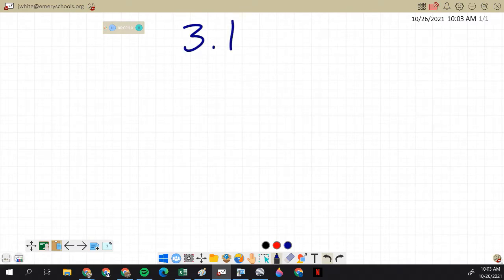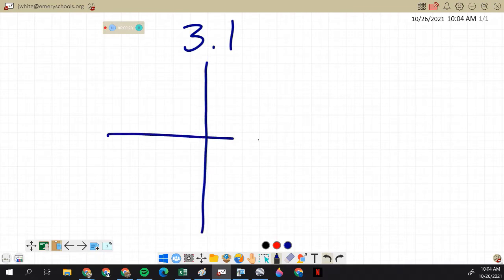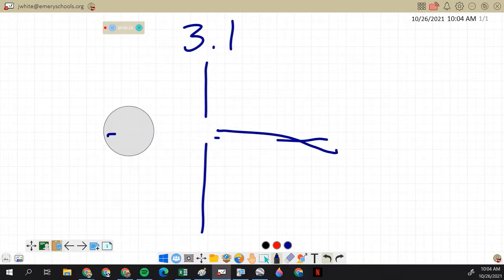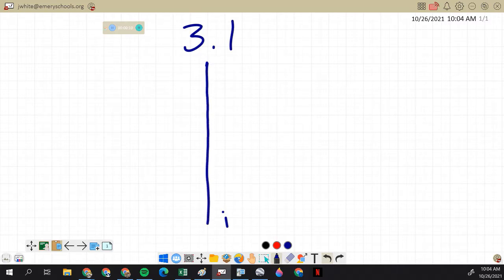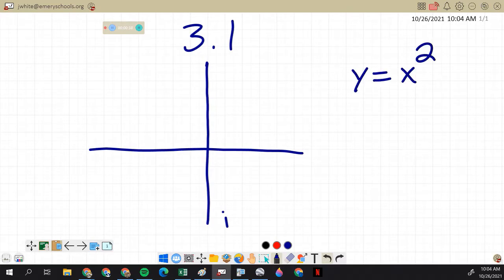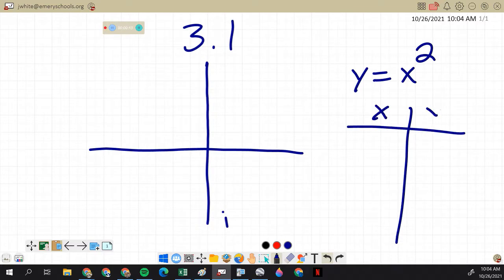So 3.1 only has 2 questions in it, and it deals with graphing a parabola that has different heights. If I drew a better graph than that, I was going to graph y equals x squared. Well, if I made a table for that, x and y, and I did -2, -1, 0, 1, and 2,